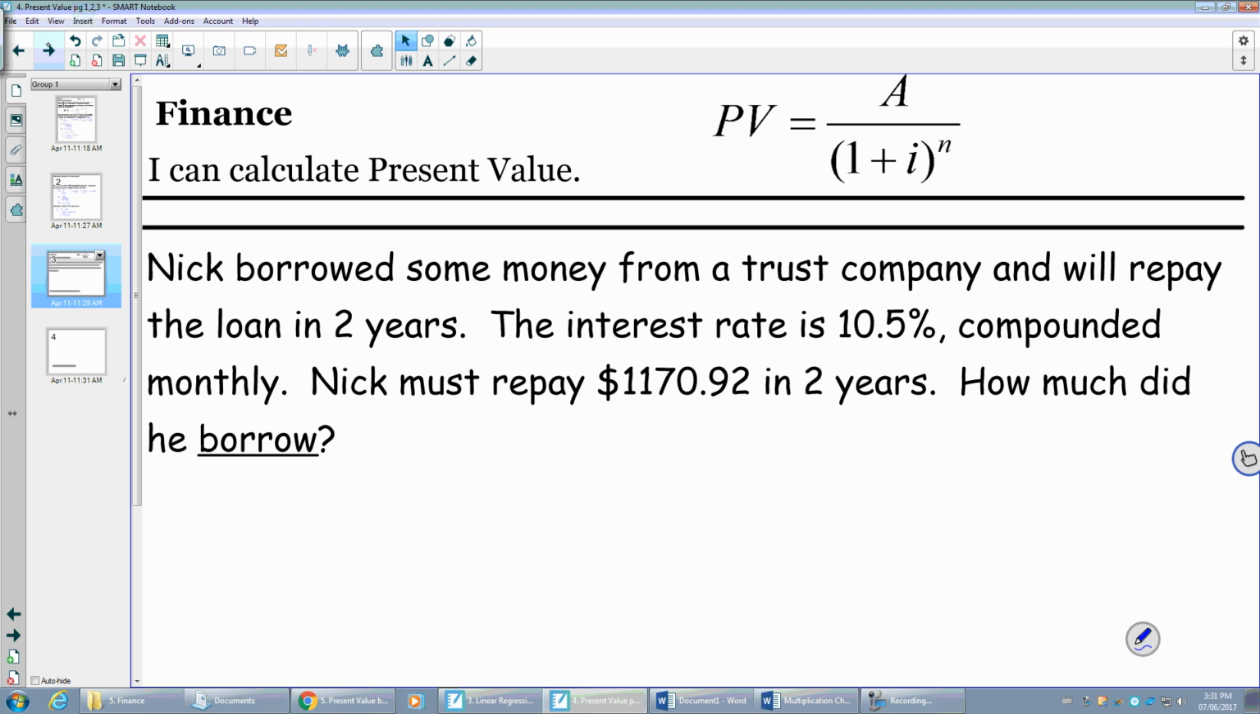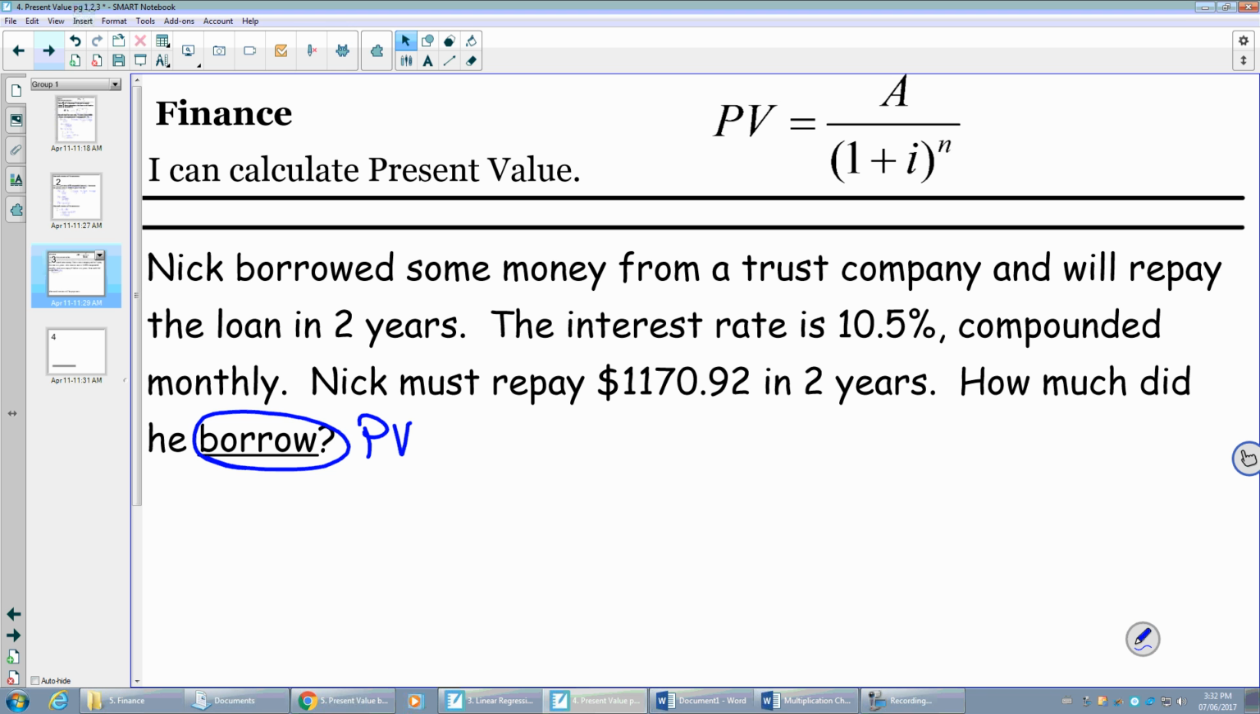Okay, going on to our last example, it says here, Nick borrowed some money from a trust company and will repay the loan in 2 years. The interest rate is 10.5% compounded monthly. Nick must repay $1,170.92 in 2 years. How much money did he borrow? Okay, anytime you're talking about borrowing, you're talking about the present value. So if that's how much he owes at the end of all of that time, that means he borrowed a certain amount. So I have to figure out what that is. How much did he borrow? That's the present value. How much did he borrow today if he has to pay